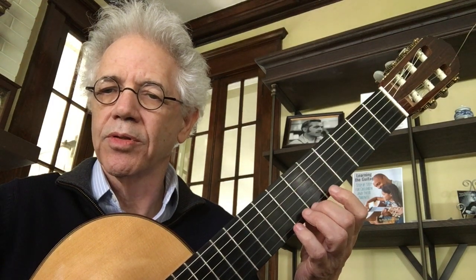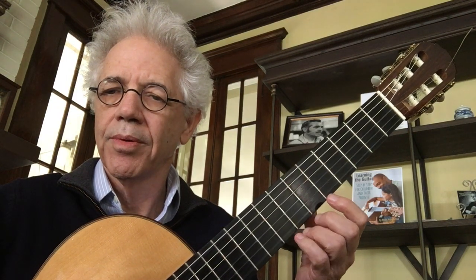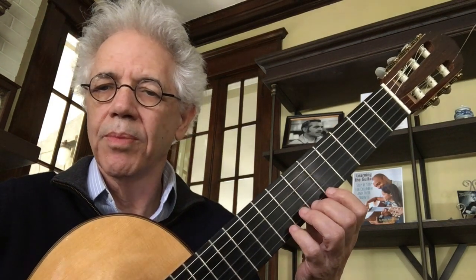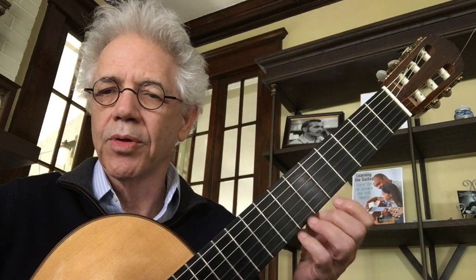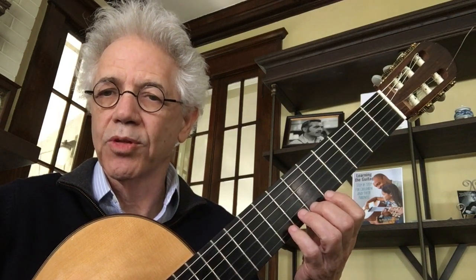And I'll try that with the second finger, and third finger, and fourth finger. And as much as possible, we're trying to keep the fingers over the strings so that we're not moving the whole hand away from the fretboard. That would be problematic, especially if you're having to do